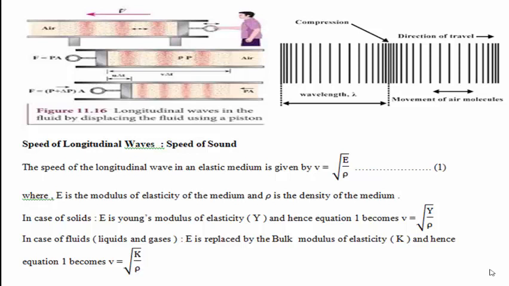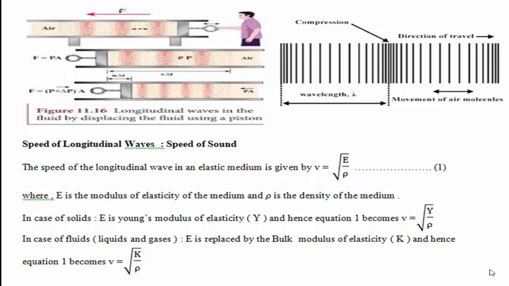That portion is taken as rarefaction. In the second diagram, you can easily identify where is the compression, where is the rarefaction. Where the vertical lines come closer to each other, that portion is considered as compression. Where the vertical lines are far away from each other or equally spaced, that portion is taken